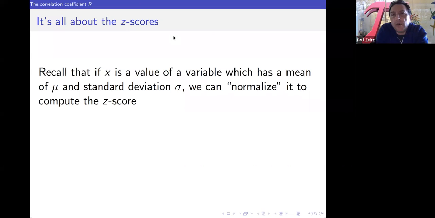And so in order to do that, we want to focus on the notion of z-scores. And so again, I want to remind you how a z-score works. If x is the value of the variable, and you know that the variable has a mean, an average value of mu, and a standard deviation of sigma, and you might forget, what was sigma? Well, sigma was a weird calculation. A good way to remember sigma was that sigma basically has about the same size as what I called back in February the MAD,